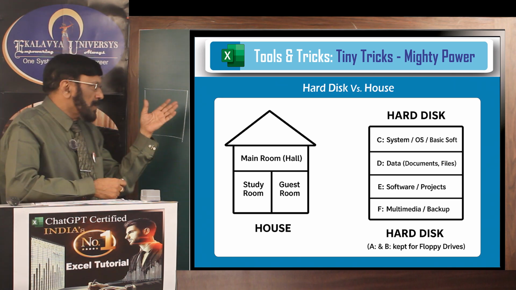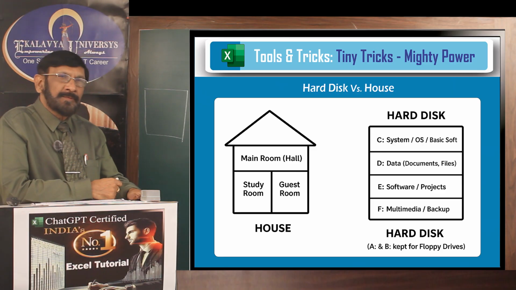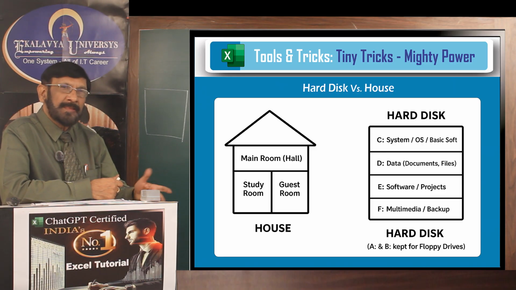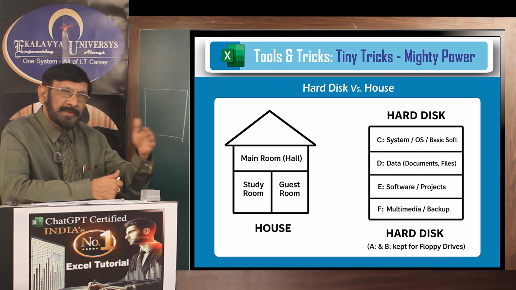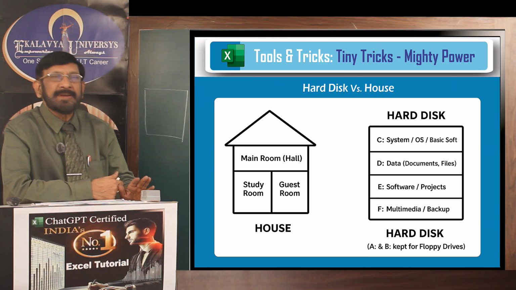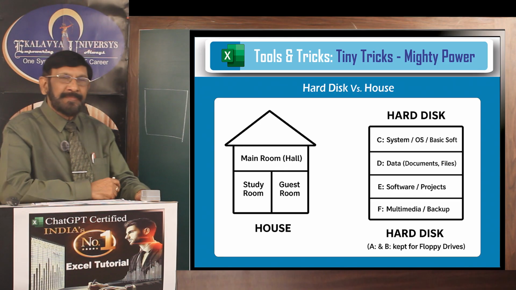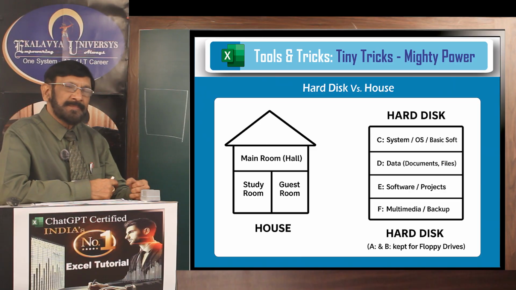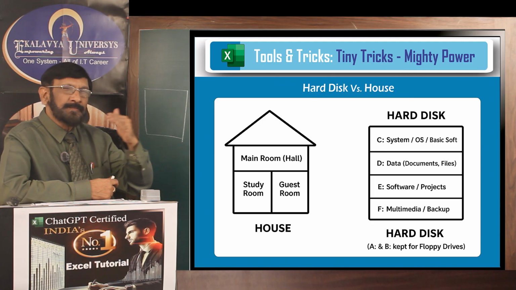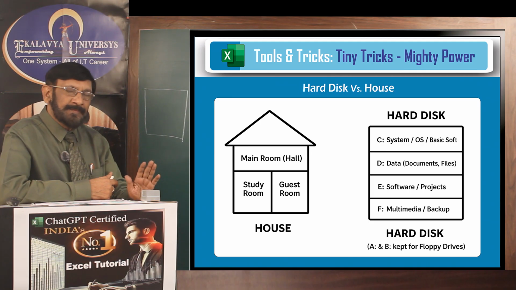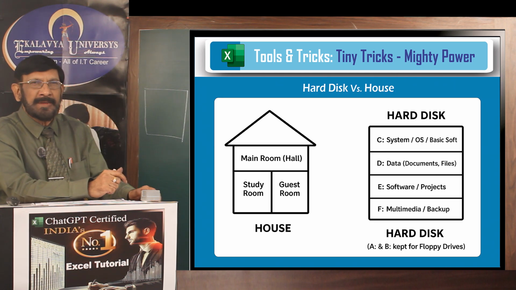You see, your house is not a hall. Your house is divided into different rooms depending on your utility and comfort, like drawing room, bedroom, study room, kitchen, washroom, etc. But as far as hard disk is concerned, originally it is like a hall. But for our convenience sake, because we are using different types of data, programs, etc., it should be partitioned. So for that purpose, we give a label: A, B, C, D, E, etc.